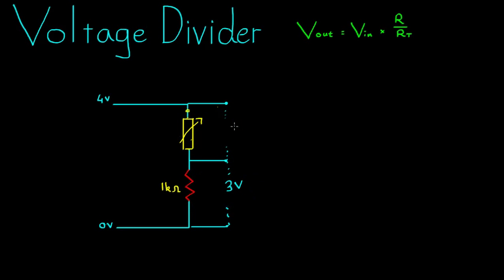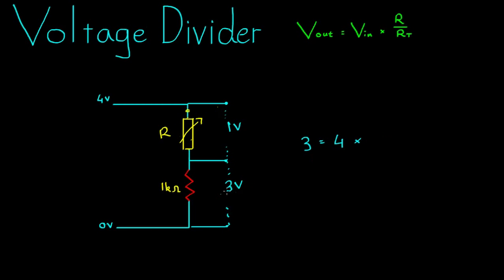3 volts are here, so we expect 1 volt to go across this resistor here. The question is, what resistance do we need to set this resistor to in order to get 3 volts across here? Well, it's very easy. We just use this equation up here. V out is equal to 3 volts. 3 is equal to V in, that's 4,